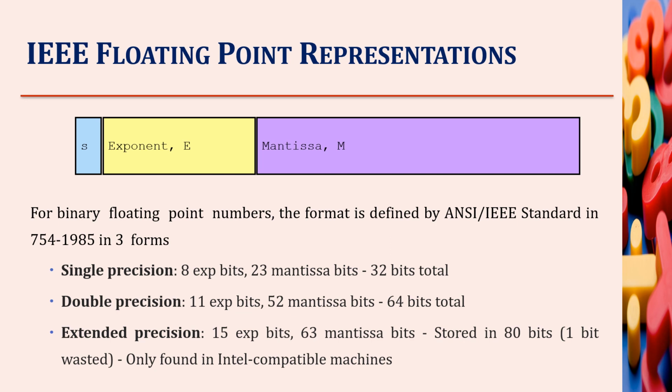Okay, so according to the ANSI IEEE standard, any floating point number can be represented in either of these 3 formats. It can be either in single precision format, or a double precision format, or an extended precision format. In the case of single precision format, it takes 32 bits for representing the number. A total of 64 bits is taken for the double precision representation, and 80 bits is taken for the extended precision format. Okay, so anyway, all the binary floating point numbers can be represented using the sign bit, the exponent part and the mantissa part. Okay.